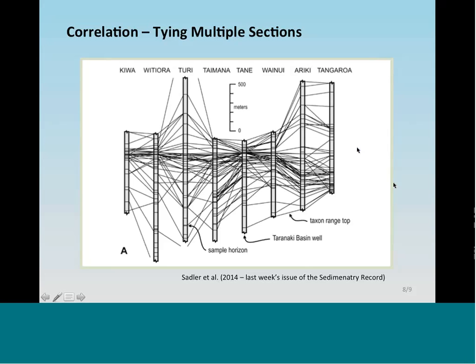So what Sadler is trying to communicate in this figure is, in a series of vertical successions, we can recognize the same event. An event would be something like a volcanic ash bed. It can be geochemically fingerprinted. The first appearance or last appearance of a fossil range, an isotopic excursion, or a paleomagnetic reversal. And this is simply a set of lines that connect each of those events across a set of successions. And in this case, you can see that stratigraphy and sedimentary records are incomplete. They can be self-contradictory. Clearly, we're not looking at a set of timelines.